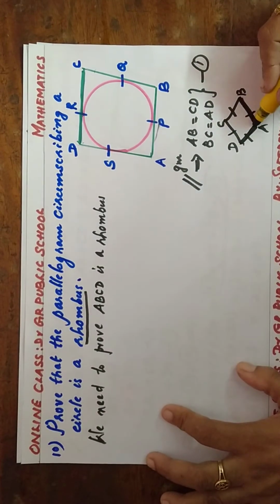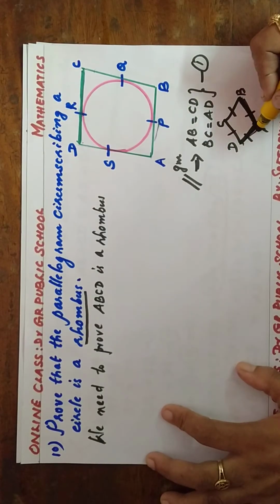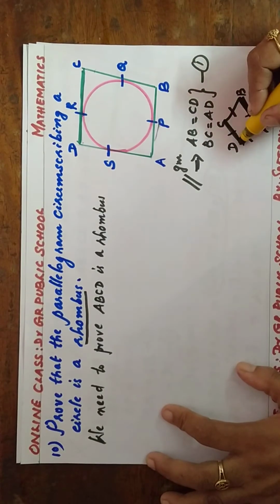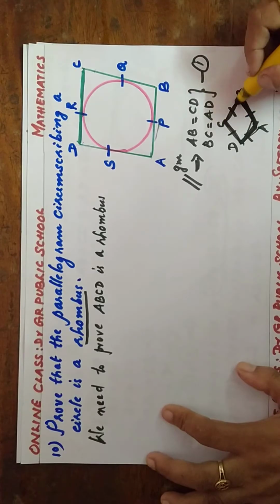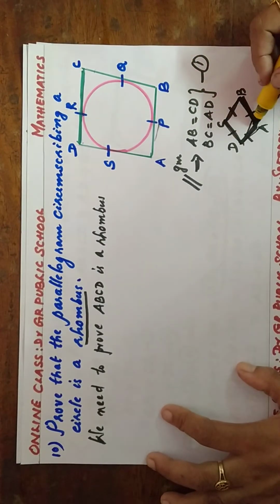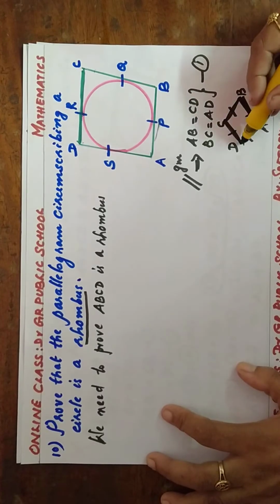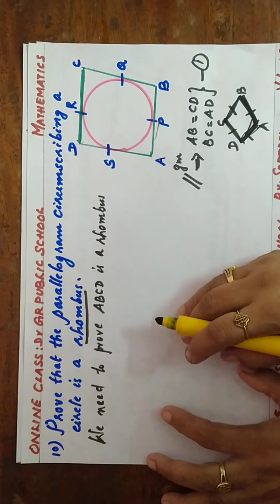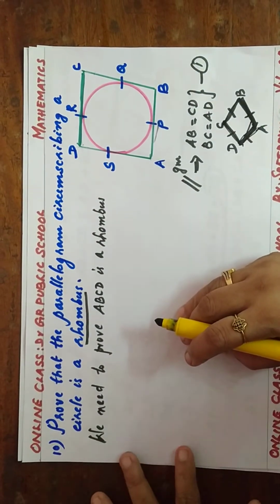Why? Because if AB equals DA, you can say that AB equals CD and DA equals BC. Thus all the four sides will be equal. So what is enough to prove? It is enough to prove that two adjacent sides are equal. So we need to prove that